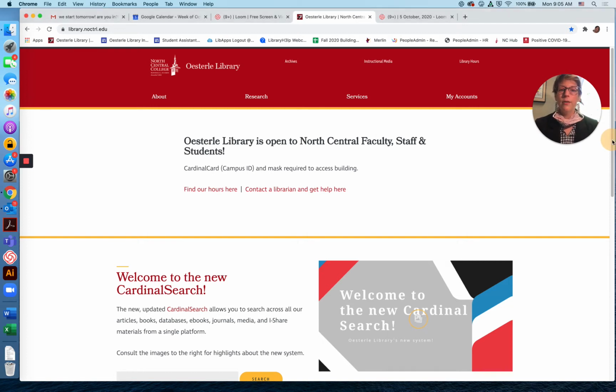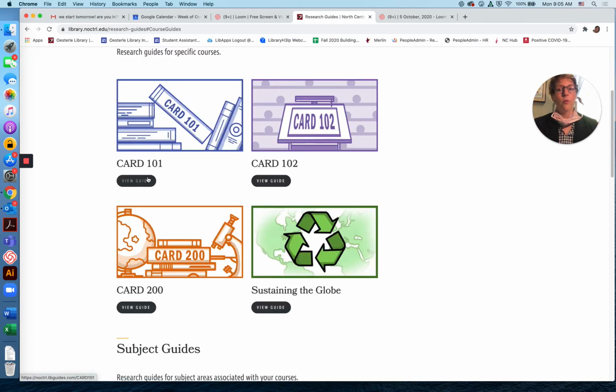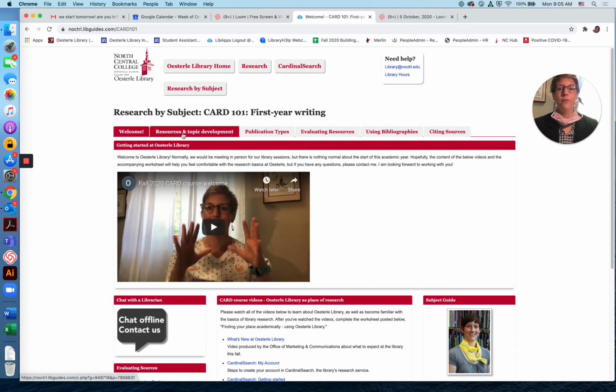So here on the library's website, library.noctrl.edu, hopefully this looks familiar to everybody. As we scroll down past Cardinal Search and go to Course Research Guides, to get to that Card 101 guide, we'll click there. And then instead of staying on that first Welcome tab, we're going to go over to Resources